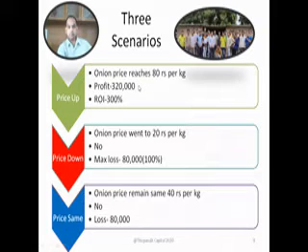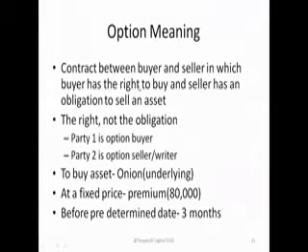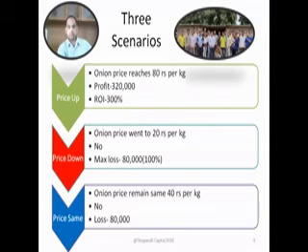So in this case, when the price goes up, the buyer exercises the contract, and he gains a profit of 3,20,000. And the seller is also happy. He's like, okay, nothing bad happened, but still, I took that hedging, and I was safe. But we are not taking the seller side right now. We are just taking the buyer side now.